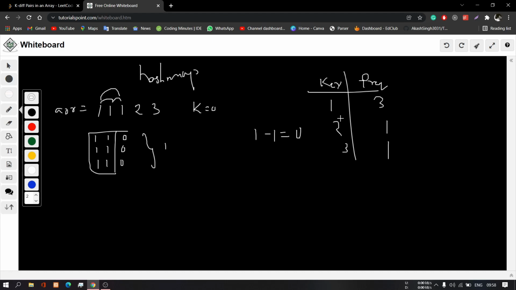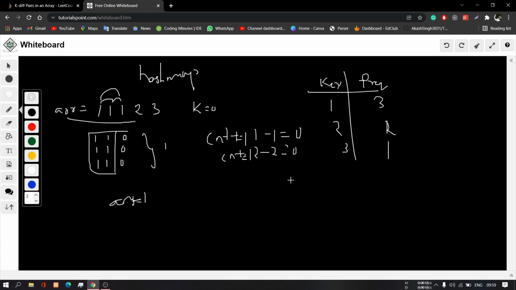Similarly, if we consider the frequency of 2 to be, let's say, 2, we can take this 2 and it is 0, so we can increment our count by 1. You have to remember that in this question you need to find all the unique possibilities, so you need to increment the count value by just 1 every time you see such a frequency. If it is possible to make a pair, meaning the frequency is greater than 1, then you simply increment the count value by 1, because we need only the unique values. For this example, the answer will come out to be 1.